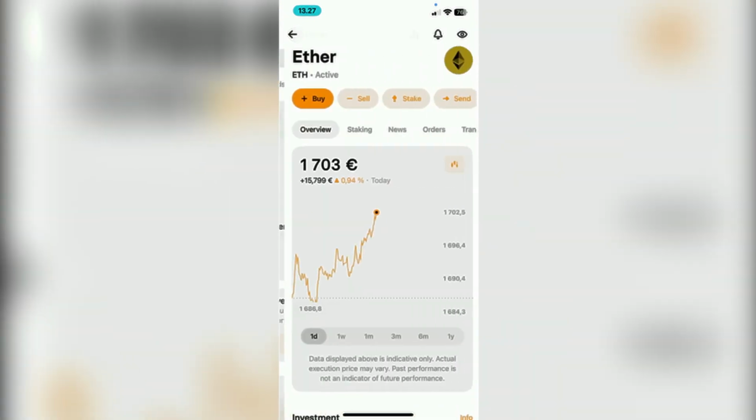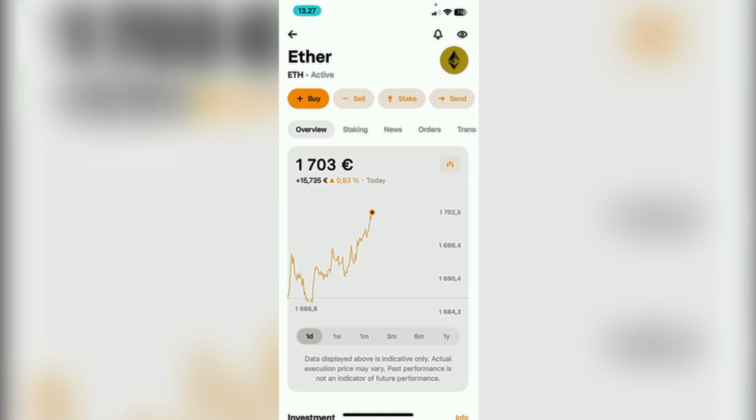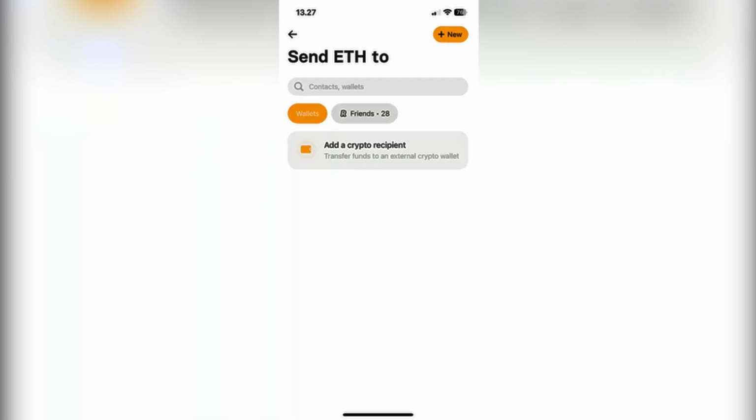A new page will open. It will show you some multiple options like buy, sell, stake and send. You have to click on send. You have now two options. You can either send it to your friends which are also on Revolut, or you can also add your external